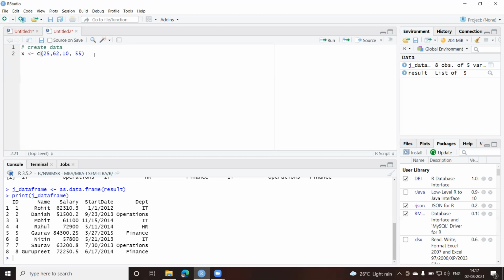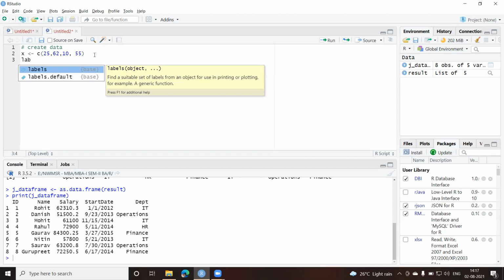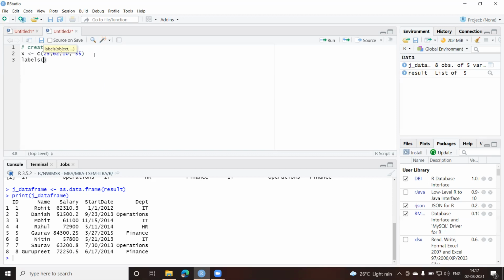Let us give some labels. So I'll require 4 labels here. So again, one more vector for labels. Let us put l equal to, and let us put some city names.